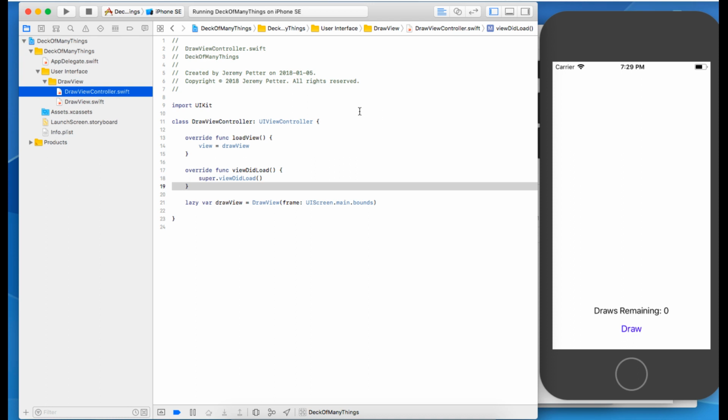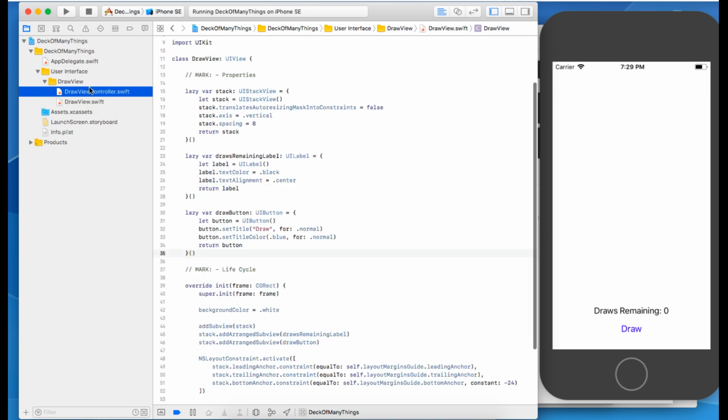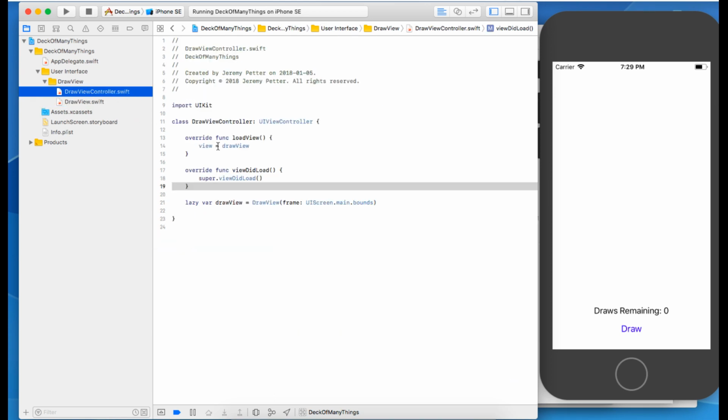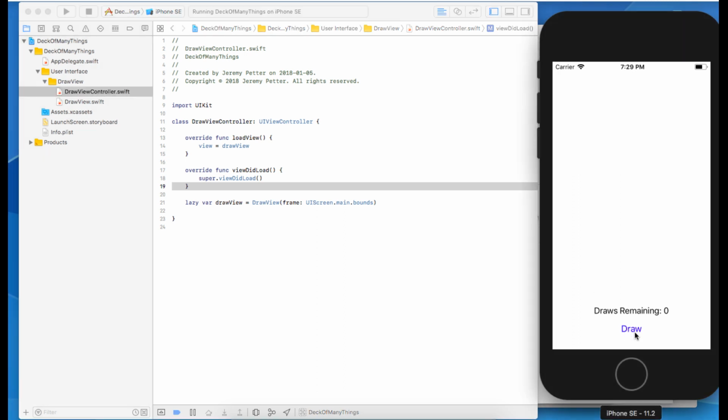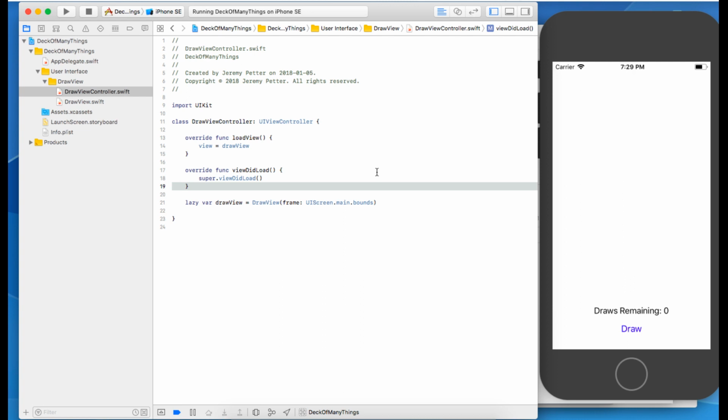So we have our models, and then we have our views. That's what we were just working on. That's our layouts. And then we have these controllers that sort of exist in between those two, and they grab information from the models and they put it on the view, and they transmit user information from the view. So if I click this button, or perform a touch action, it grabs that, interprets that, grabs whatever it needs from the model, and then sticks that on the screen. So the view controller plays that sort of middle role. It's the peanut butter and jelly in the sandwich,